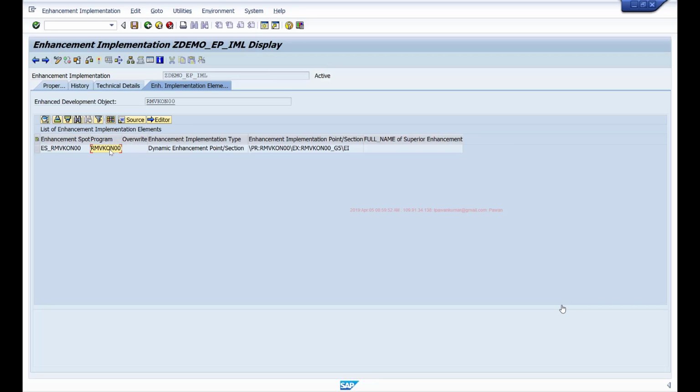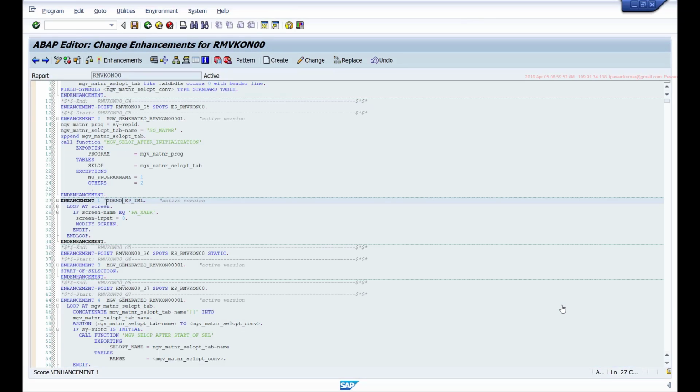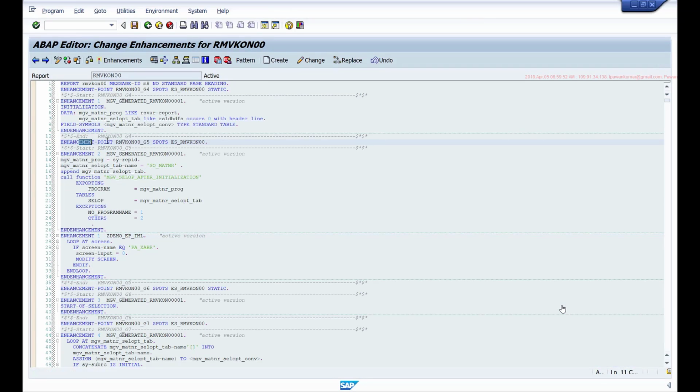And all the enhancements we have discussed so far, including these enhancement points, are explicit enhancements. That means SAP has to provide you this enhancement. So to even implement this enhancement point, SAP should provide these enhancement points in the standard SAP program. Only then I can implement them. If SAP did not provide this enhancement point, there is no way I can implement that in this program, right? So even for user exits, SAP has to provide a perform statement in the main program. Only then you can write the code in the subroutine. For customer exits, SAP has to call that function module.